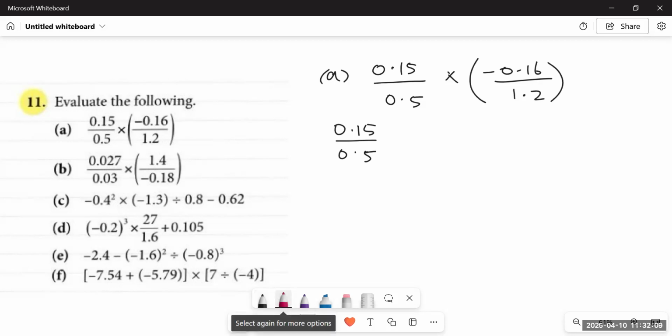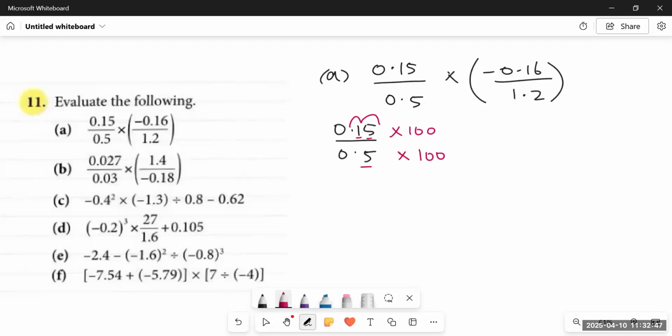So let's say if we have 2 decimal places in the numerator and only 1 decimal place in the denominator, to remove the decimal, we will multiply both of them with 100. You can multiply both with 10 as well because we have only 1 decimal place in the denominator. But keep in mind that we cannot multiply 0.15 with 100 and 0.5 with 10. No. Whenever we multiply as a fraction, both the numerator and denominator will be multiplied with the same number.